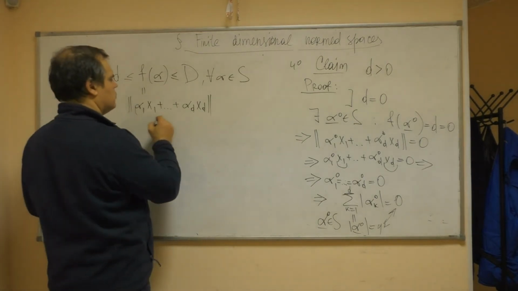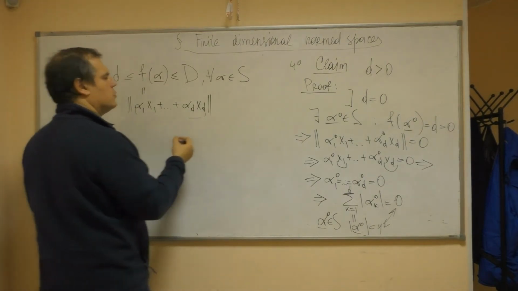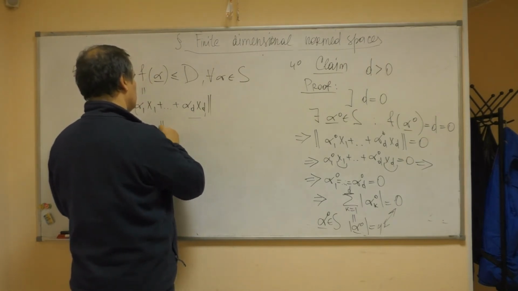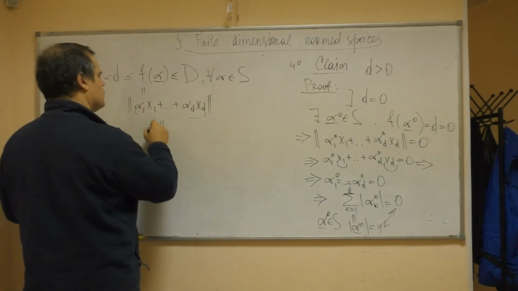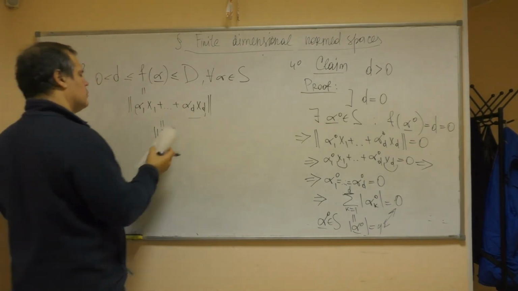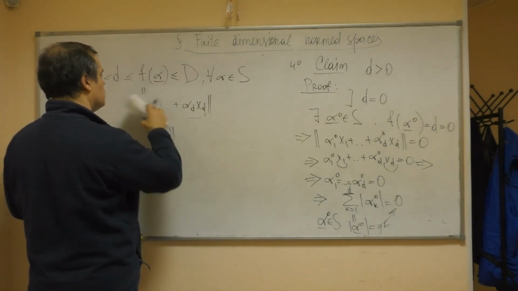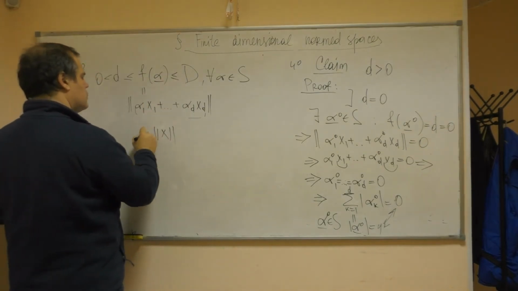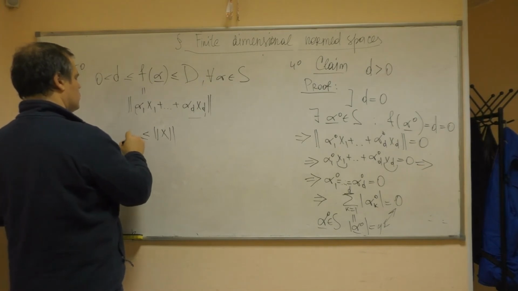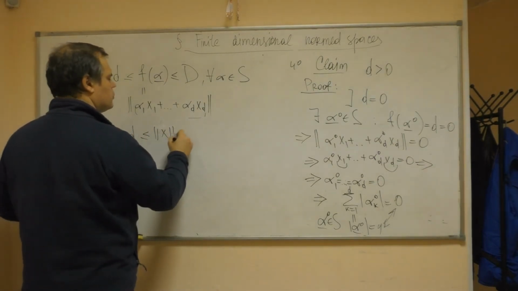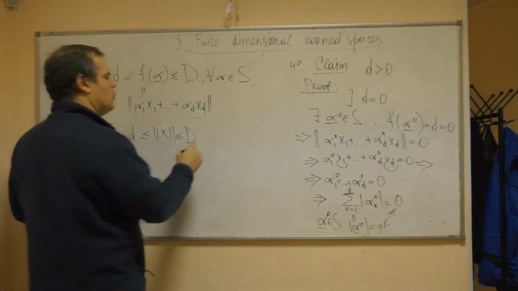Here it is element x, so here we have norm of x. So instead of this, we can write that norm of x is between d small and d capital for